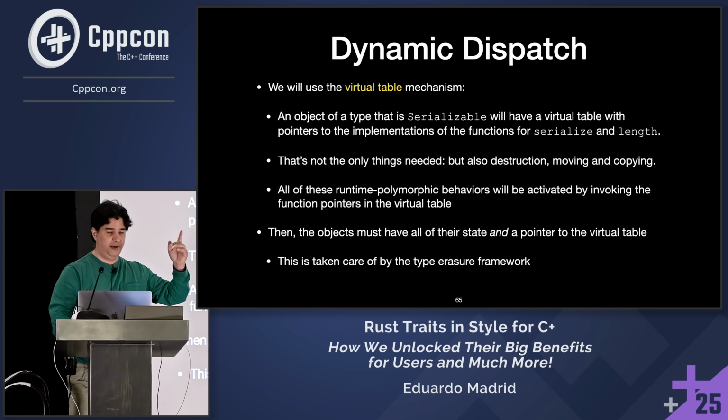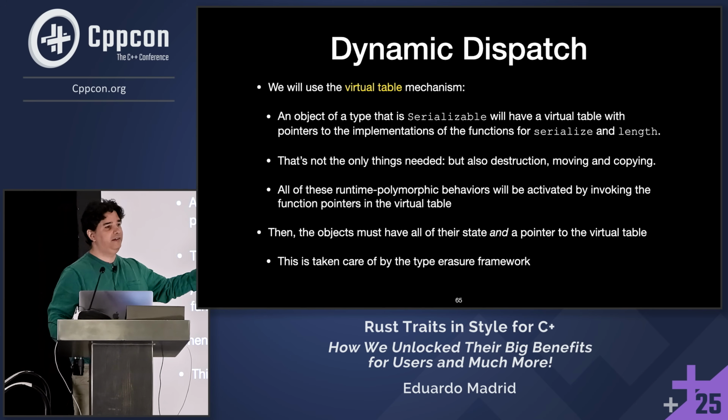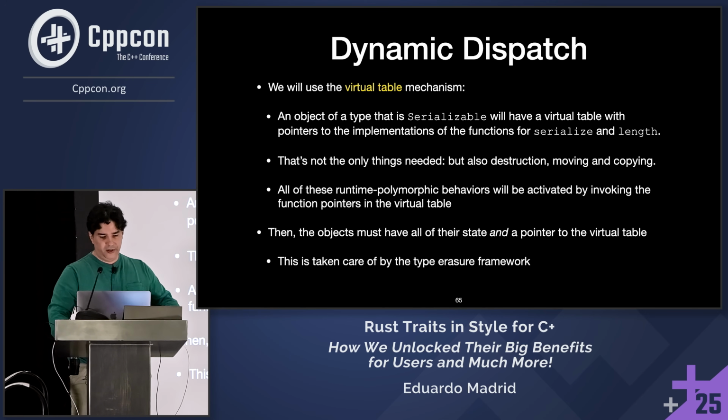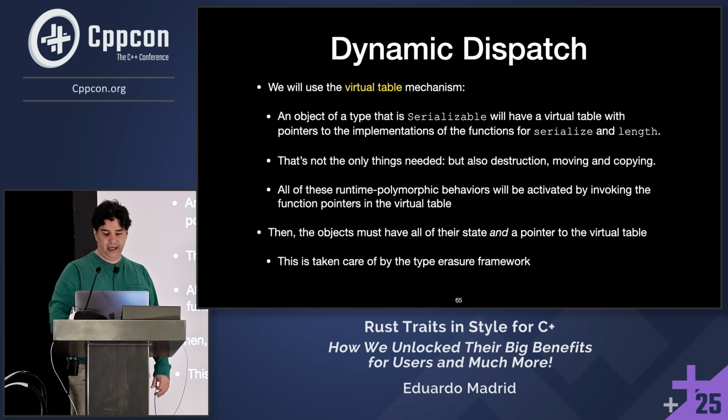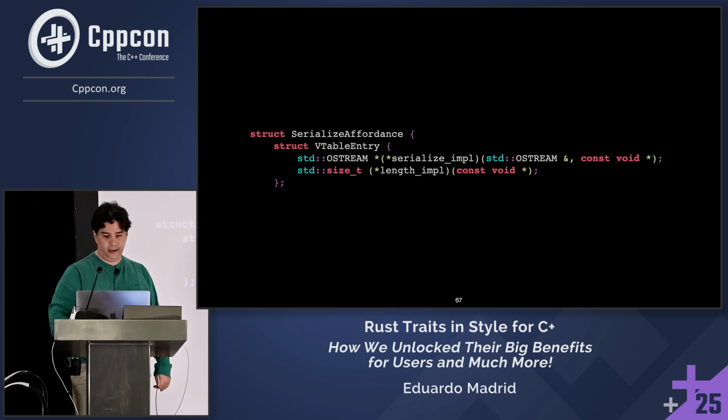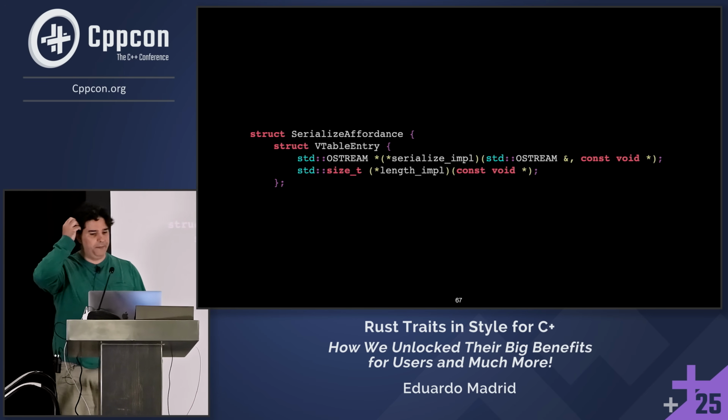And by the way, that's the same thing that happens with virtual and overrides, that implicitly your memory layout of your polymorphic types begins with the pointer to the virtual table, right? And of course, this is taken care of by the type erasure framework. So how is it taken care of? We're going to see this live later, but let's first